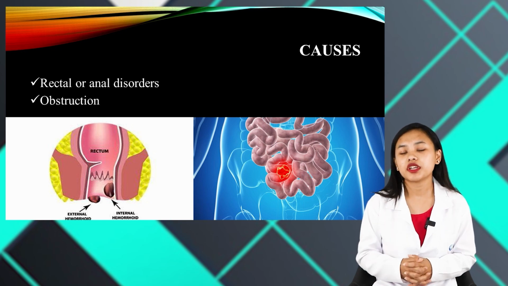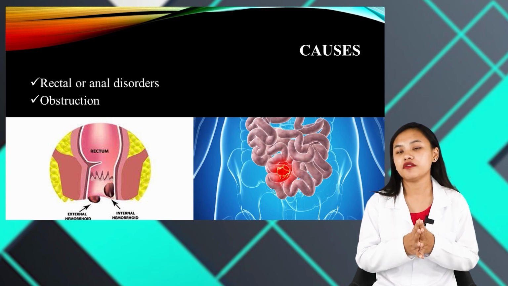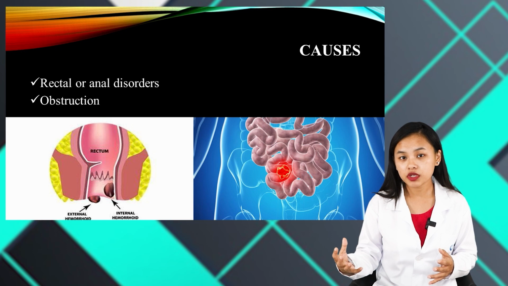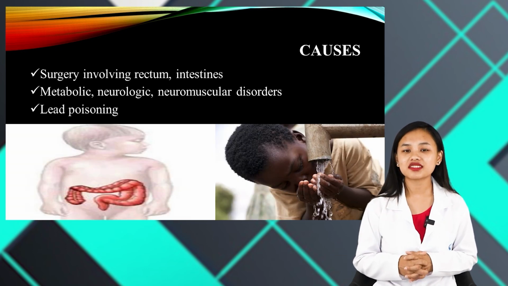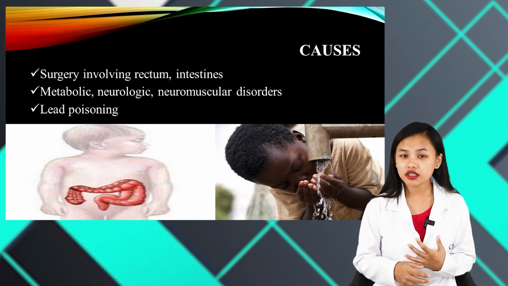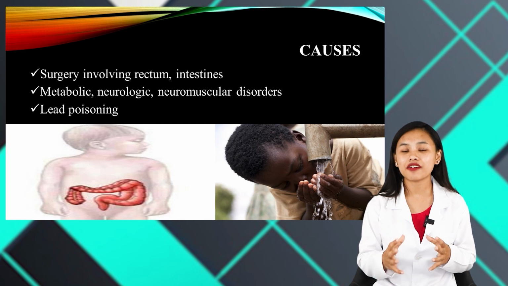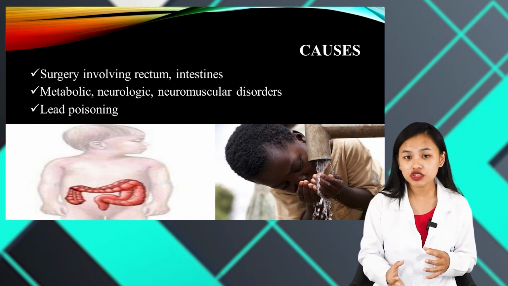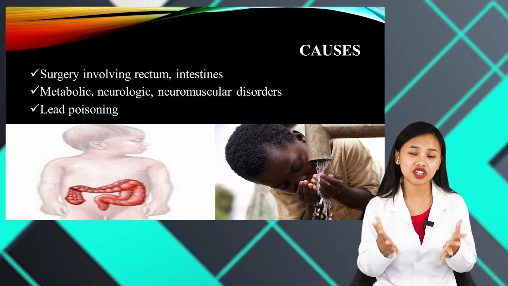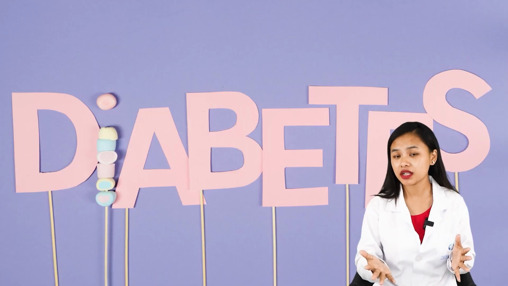Not only that, but if there is presence of obstruction, for example, if a person is having cancer of the bowel, if he or she has just undergone any surgery involving the rectum or the intestine, if he or she is suffering from any neuromuscular, metabolic, as well as neurological conditions such as Hirschsprung's disease or diabetes mellitus,